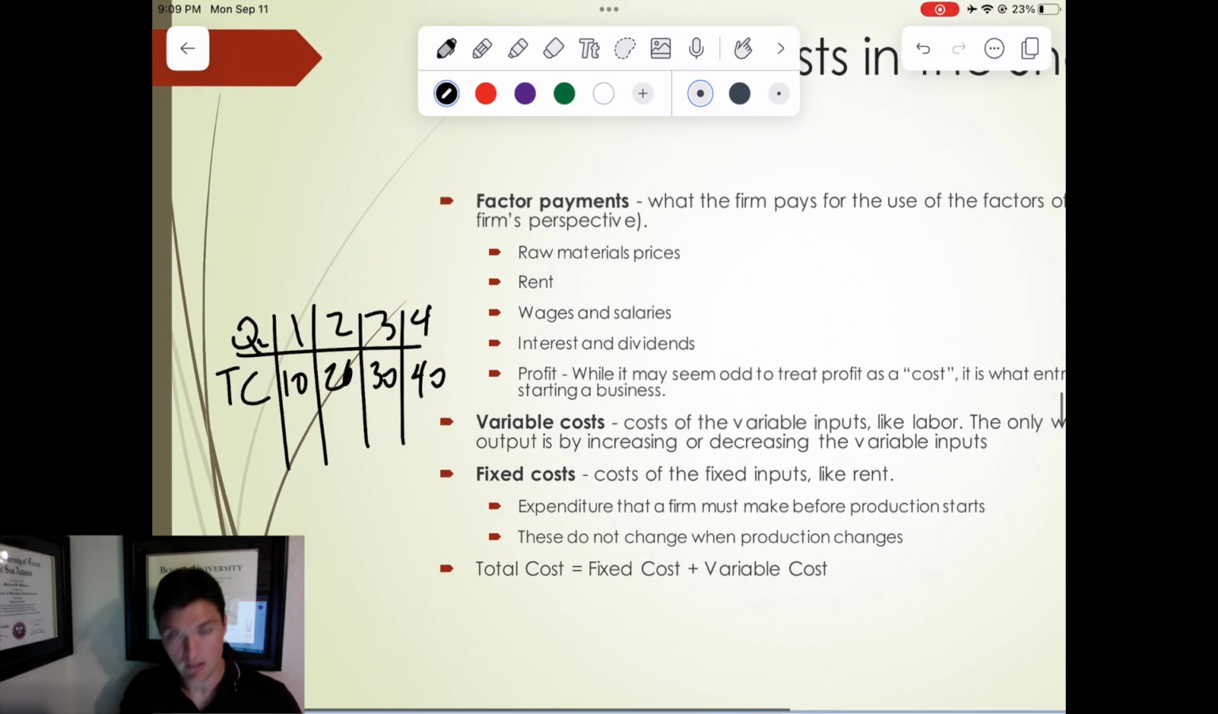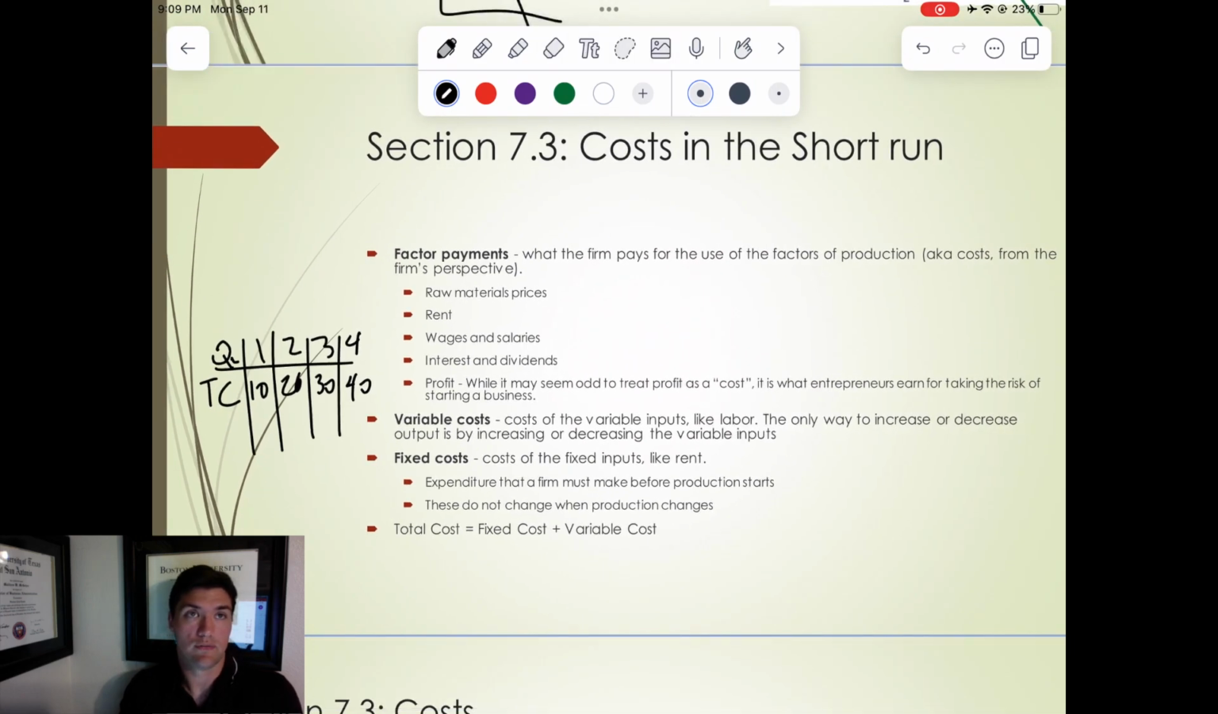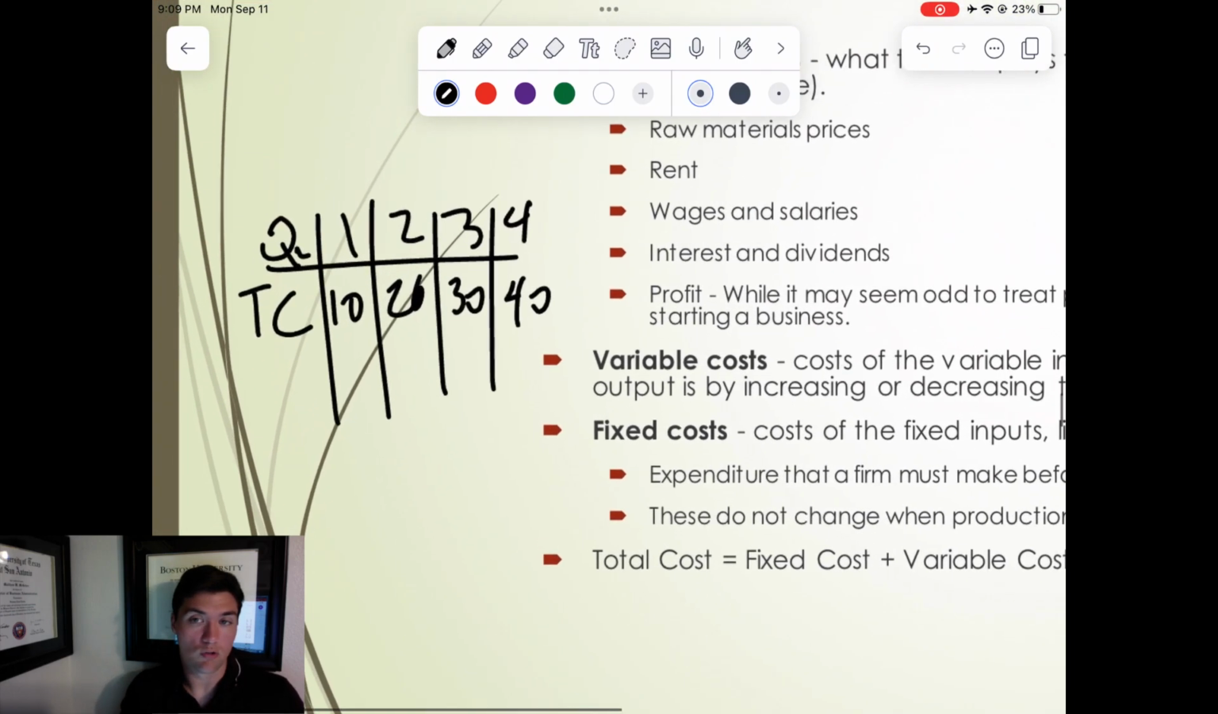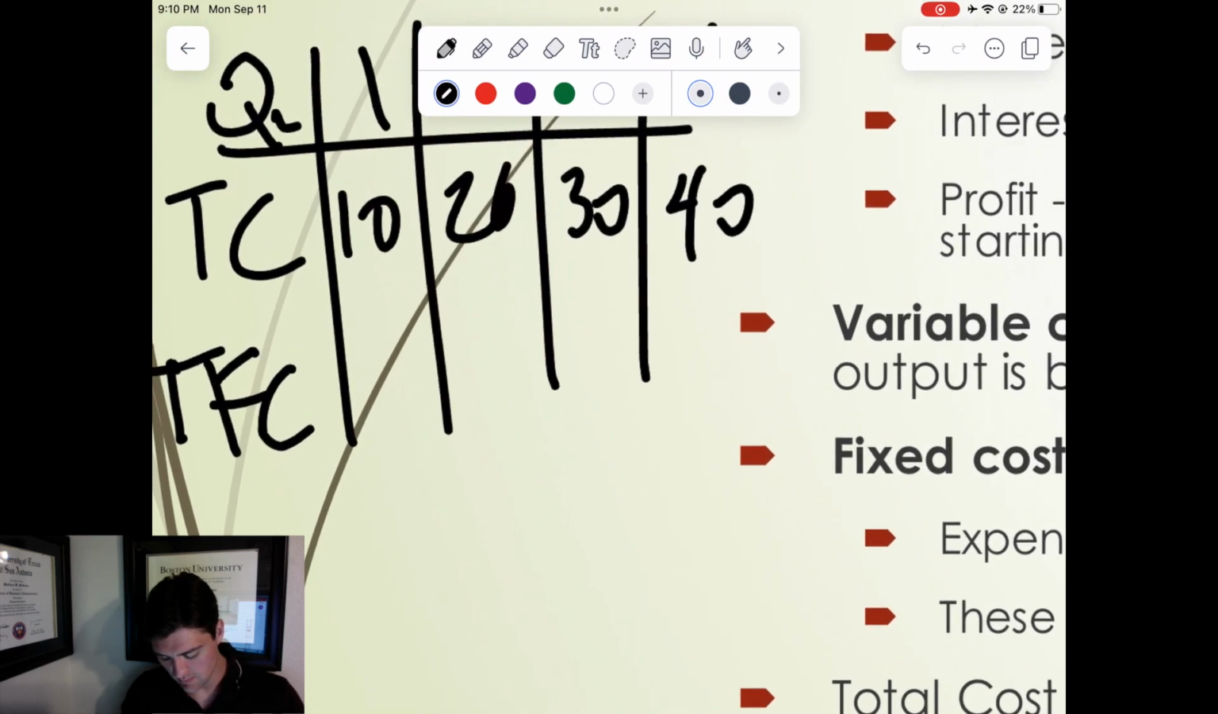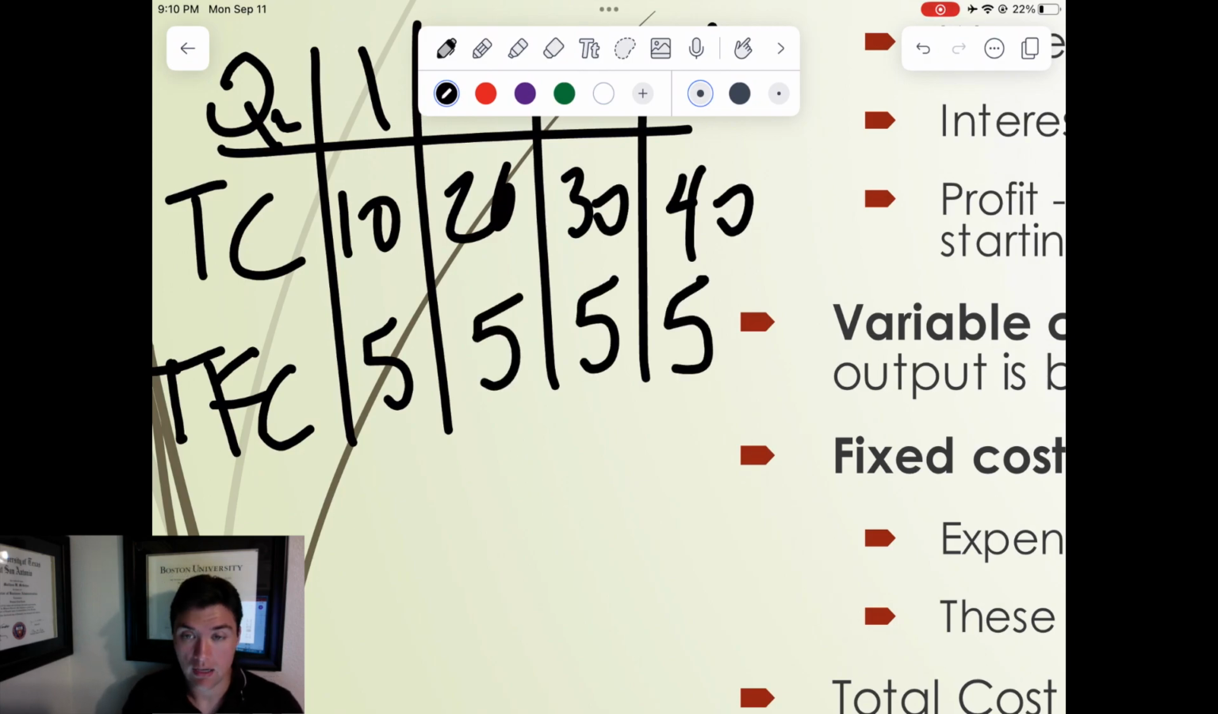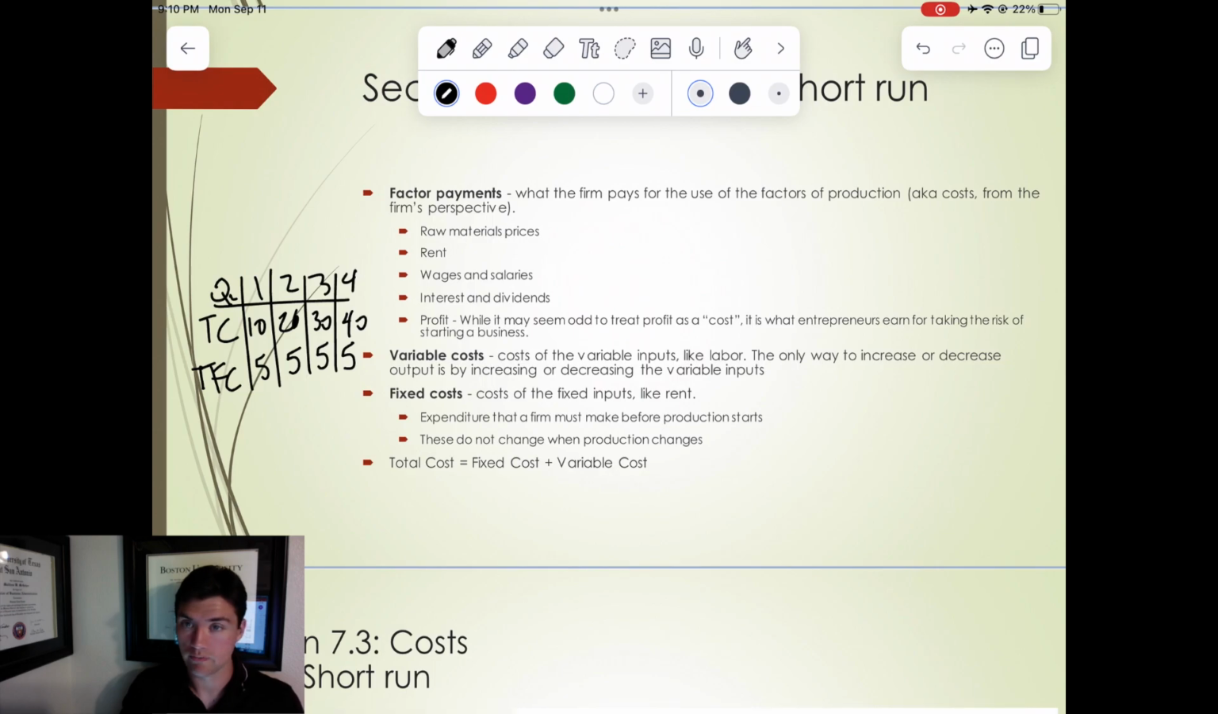Fixed cost is going to be things like rent. So if you're making 0 t-shirts or 1,000,000 t-shirts, your rent is $1,000. So if you had 1, 2, 3, 4 employees, right, your rent or your total fixed cost stays the same. So let's say it's 5. All right, so it's 5 the whole way through. If you had 1 employee or 4 employees, your total fixed cost would be 5